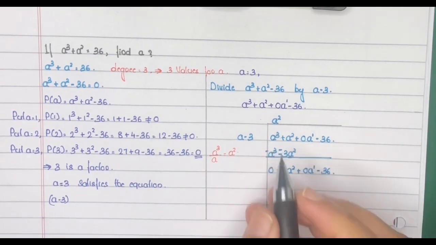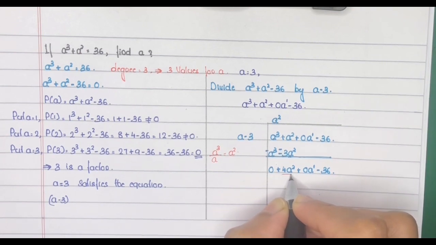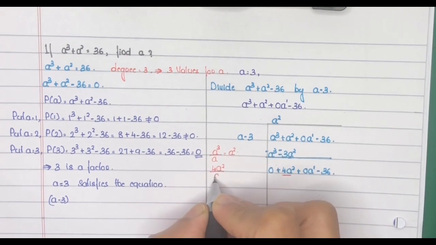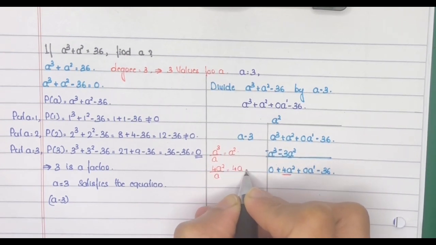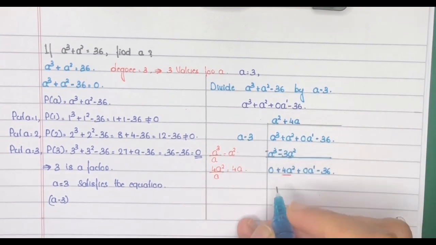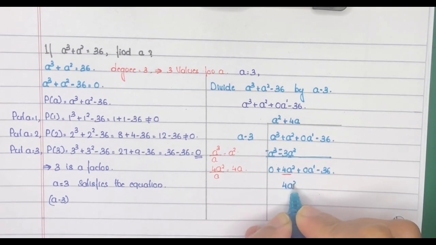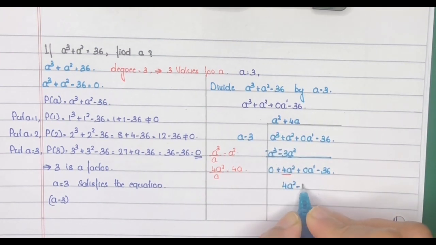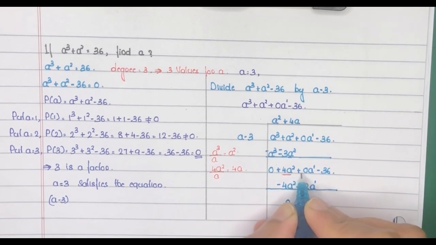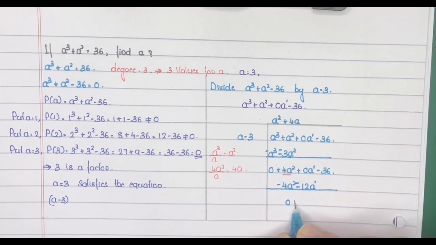To find the second term of the quotient, the first term of the new dividend is 4a square. So 4a square by a is equal to 4a. So the second term is 4a. Next 4a into a minus 3. 4a into a is 4a square, plus into minus minus 4a into 3 is 12a. a is the same as a raised to 1. Now subtract. 4a square minus 4a square is 0. 0 a raised to 1 minus minus 12a, that is 0 plus 12a,